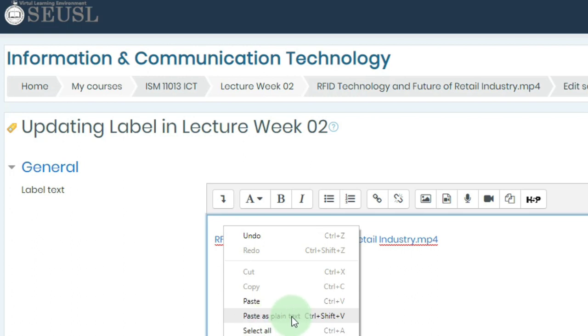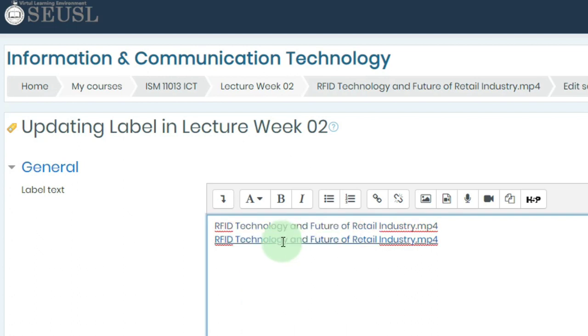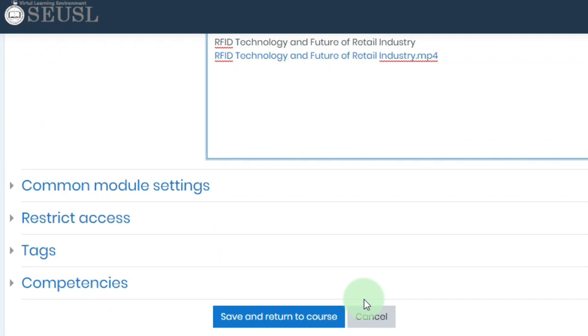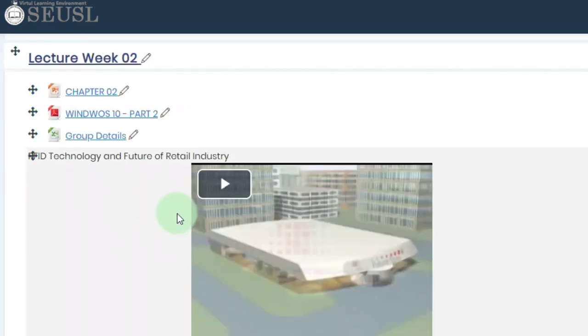So this will be pasted without any formatting. Okay, I'm going to click this here and paste as plain text. I don't want the file type. We'll press backspace and delete this, and that's fine. Then we'll click save and return to course to return to the course page. That's fine. Here we can see the label.